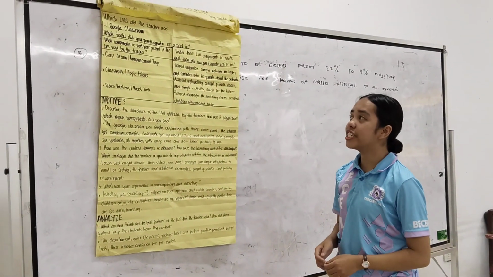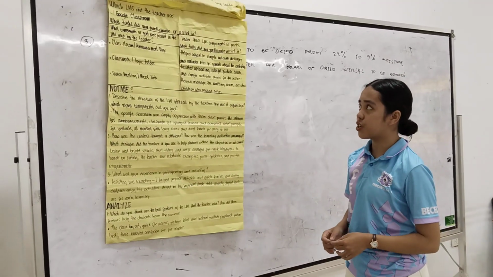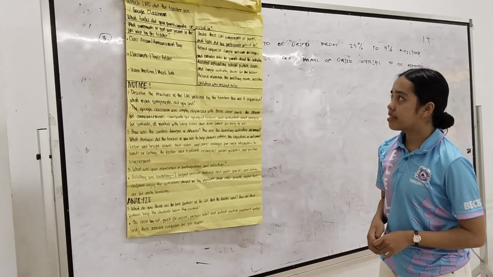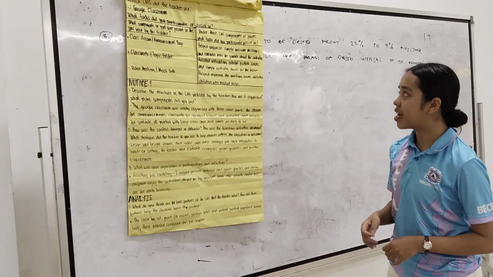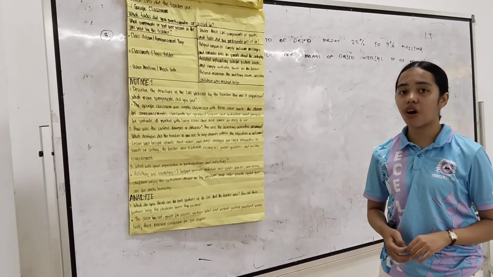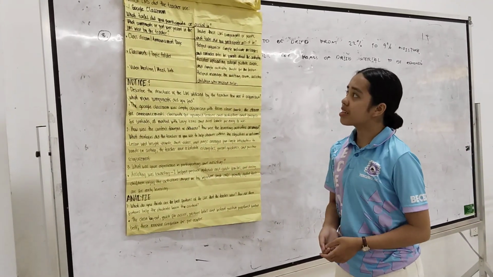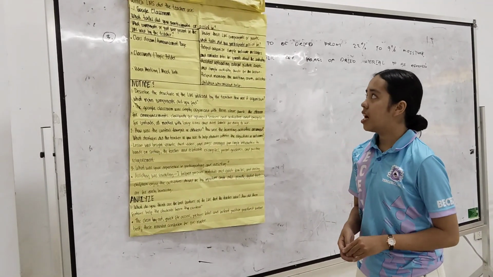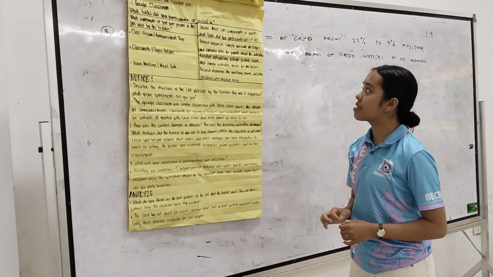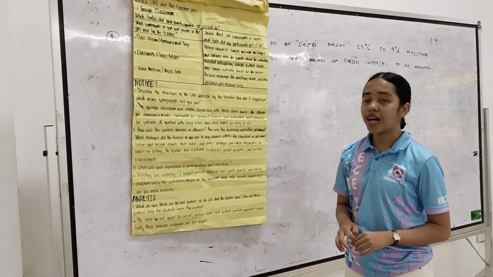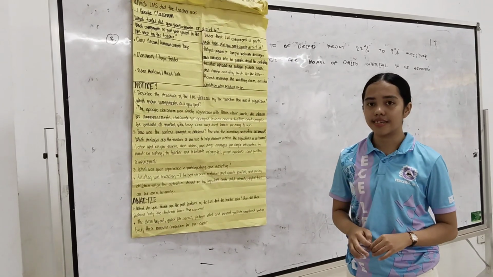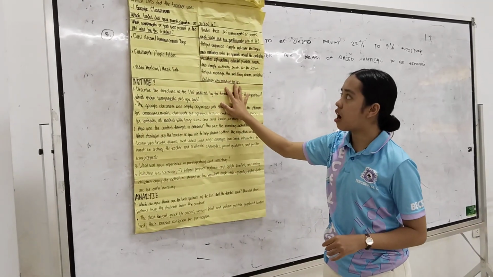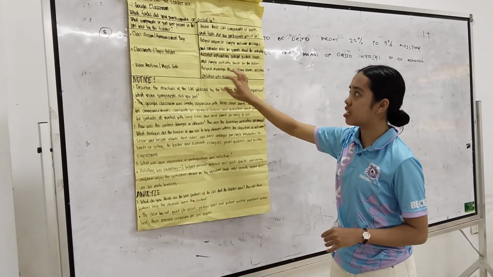Next is which learning management system did the teacher use? So I checked the Google Classroom. And what task did you participate or assist in? So we have the two columns. The first column is what components or parts were present in the LMS used by the teacher. Then the second column is under these LMS components or parts, what task did you participate or assist in?